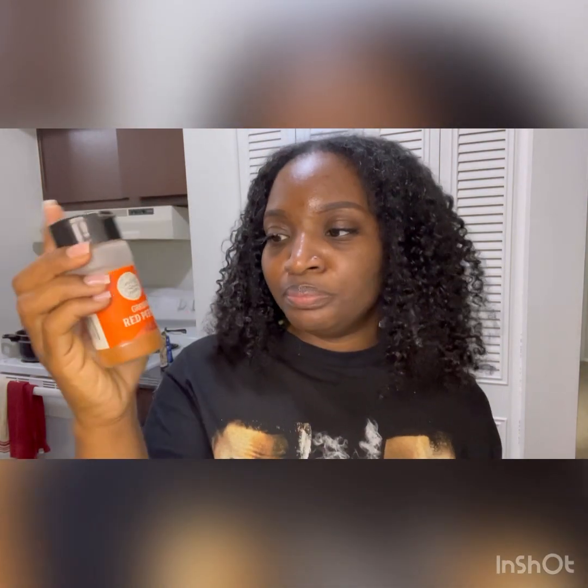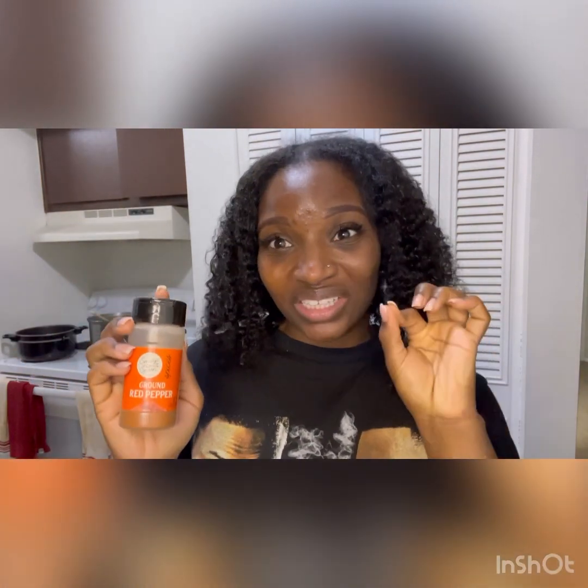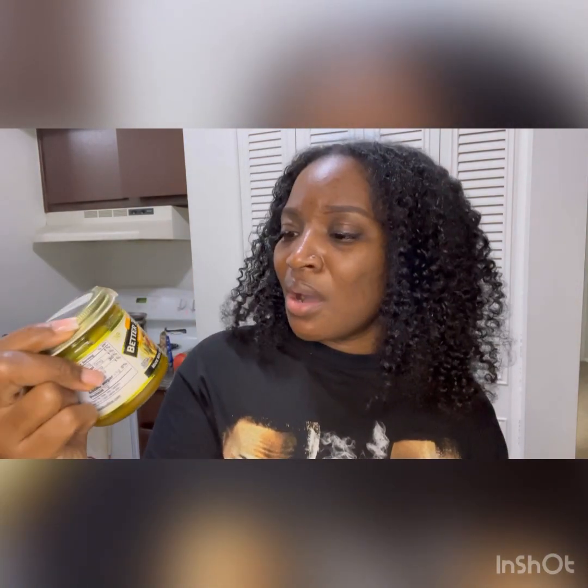And I'm using garlic powder. I wanted to use minced garlic or garlic paste to give it more flavor, but I ran out. I didn't even realize it. And a tiny bit of ground red pepper just to give it a little bit of spice. And then last thing, I'm using this Better Than Bouillon paste,